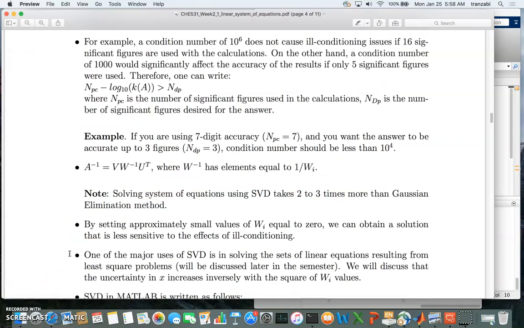So one thing that I forgot to say about the condition number of a matrix is that we can use it to estimate how accurate our solution is going to be. Or if you want to get some accuracy in the solution, the question is how accurate we have to be to record the elements of a matrix. Okay, for example,